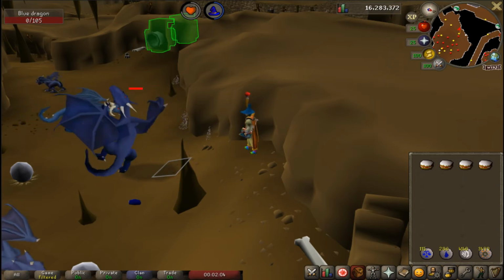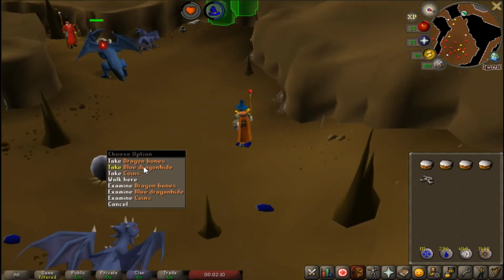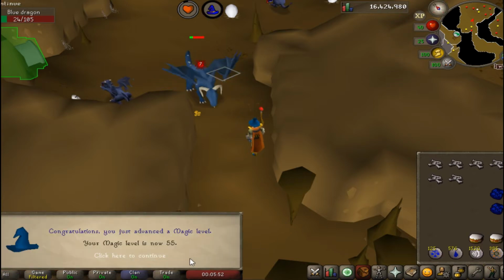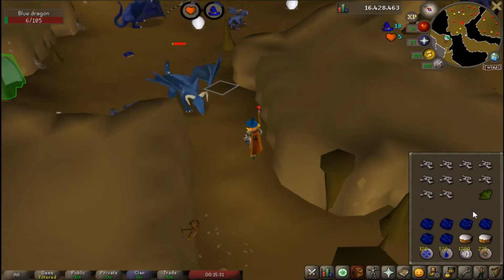And that is the first of many. I will be spending probably a day or two here. So I'm on my last inventory, and I am about to get... Wait for it. 55 magic. That's a huge unlock. It unlocks high-level alchemy, and wow, I'm really excited that I got it from this. I thought I was going to have to train afterwards, but it looks like I got it here, so...